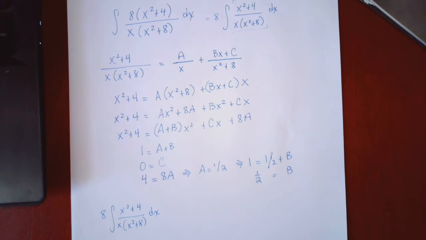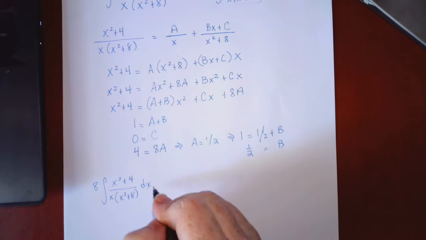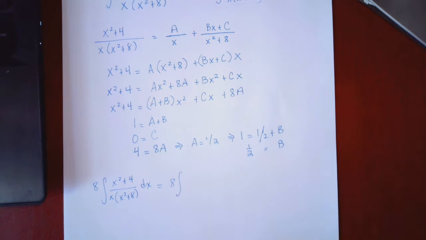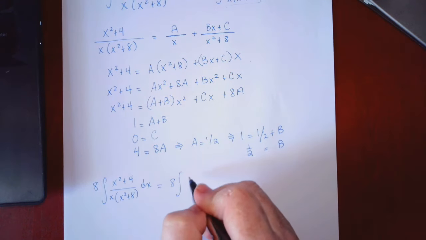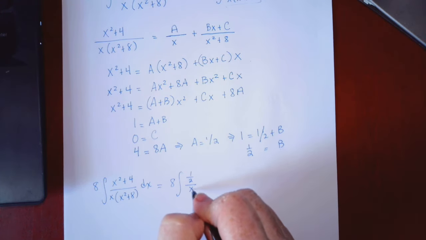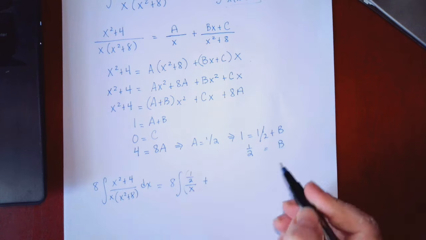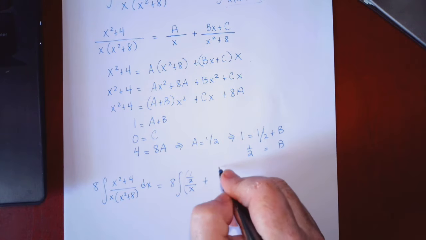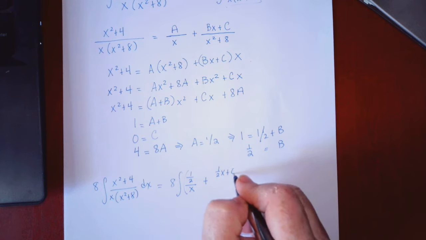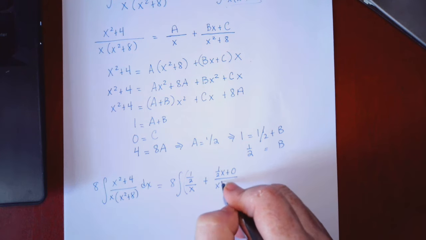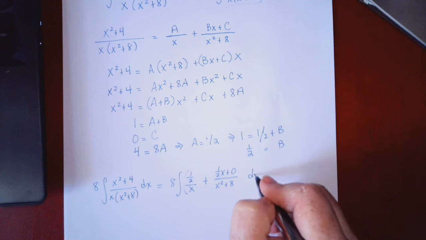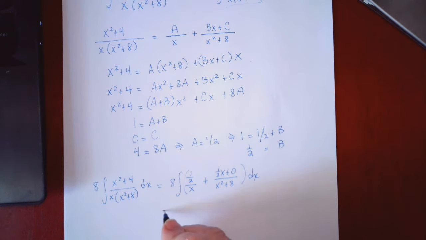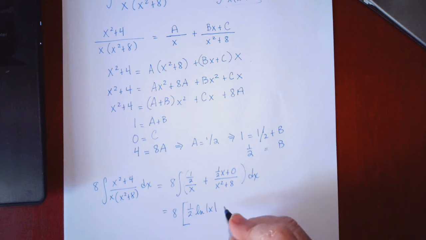And I end up with 8 times the integral of x squared plus 4 over x times x squared plus 8 dx would equal 8 times the integral of a over x will be 1/2 over x plus bx plus c will be 1/2 x plus 0 over x squared plus 8. So that's going to be 8 times 1/2 ln absolute x